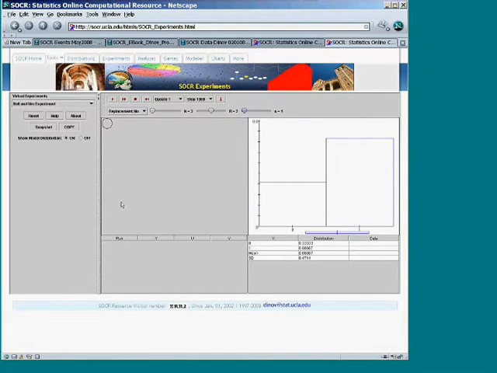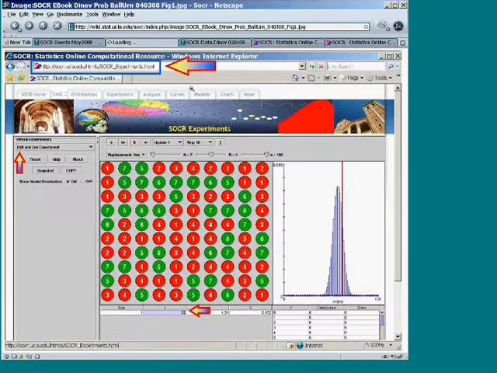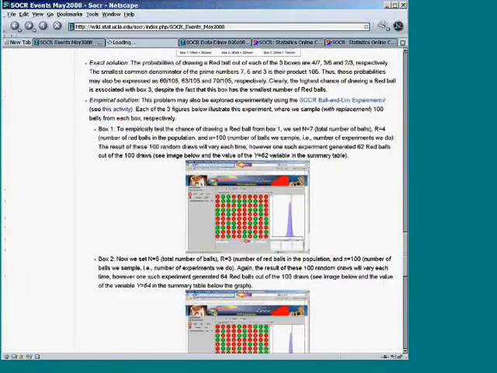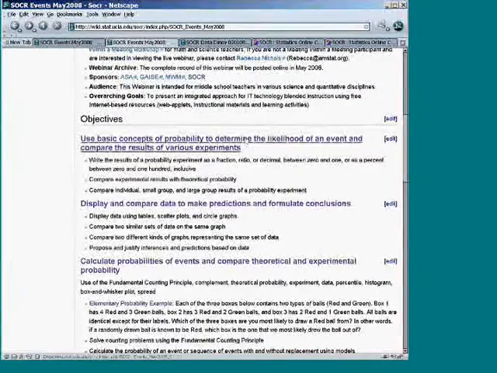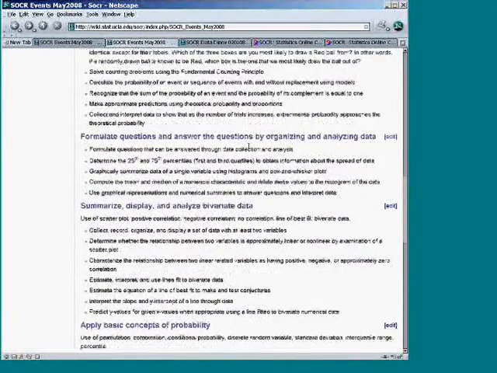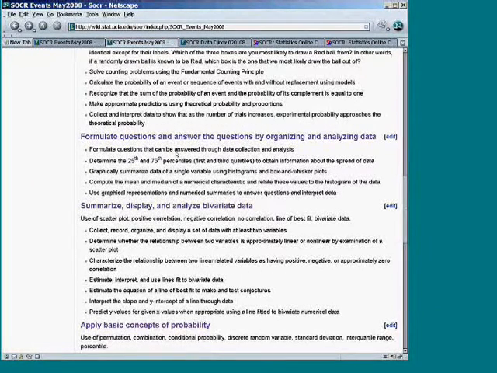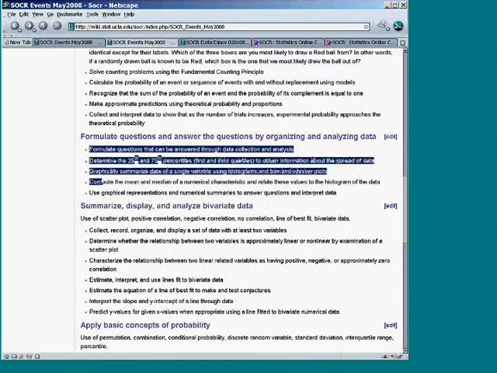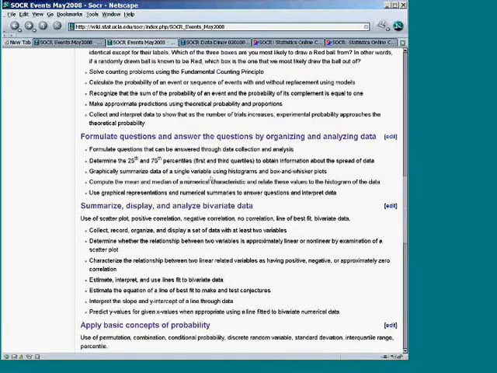So I know I have only about 5 minutes or so, so let me go back to the objectives and see what would be perhaps of most interest to most of you guys. There is a section that covers percentiles, quartiles, graphical summaries of histograms, box and whisker plots, very, very commonly used